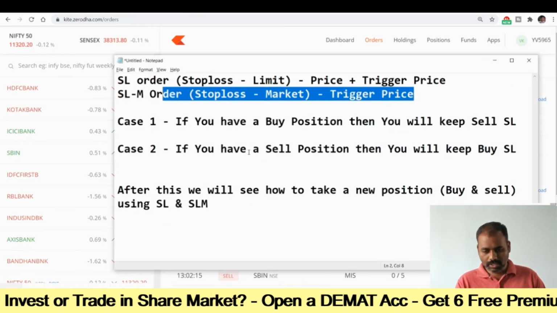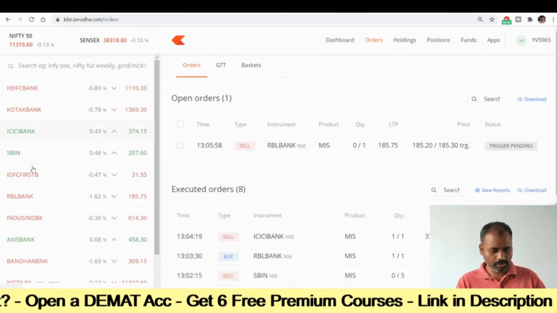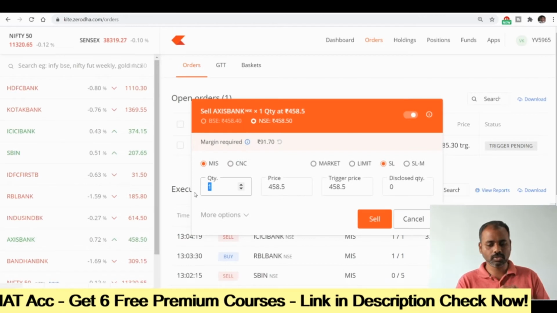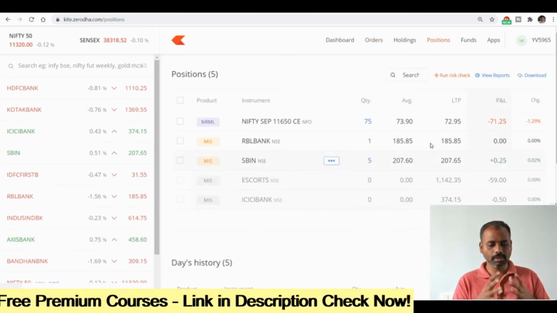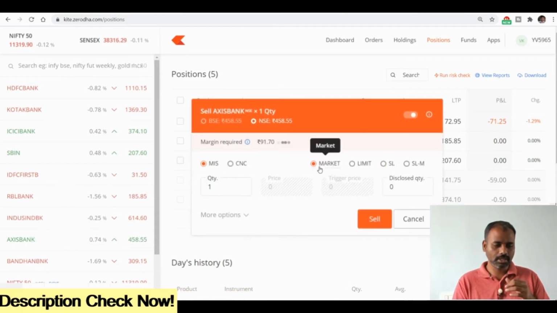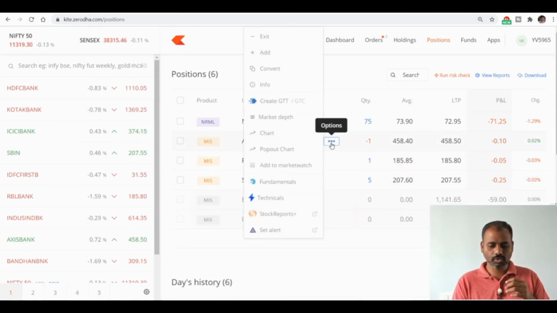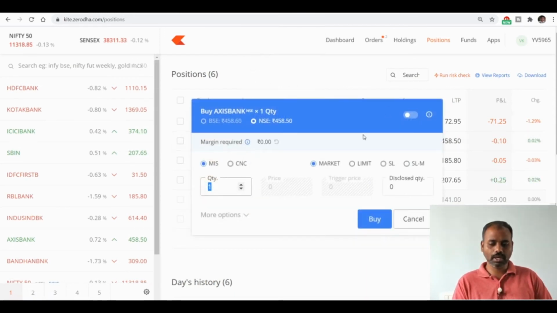Now that we understand these two, that was the first case, if you have a buy position. Similarly, if you have a sell position, suppose you have shorted a stock. Let us say I am going to sell SBI. I don't have any SBI here. I am just going to simply sell SBI, MIS, at market price. I sold SBI. My sell is complete. SBI came here. Now if I want to keep a stop loss for this, I need to keep a buy SL. I need to buy the stock at a certain SL. The buy will always be more than the sell price, or it can be whichever price. If the price has already gone down, you want to keep a stop loss, you can also do that.